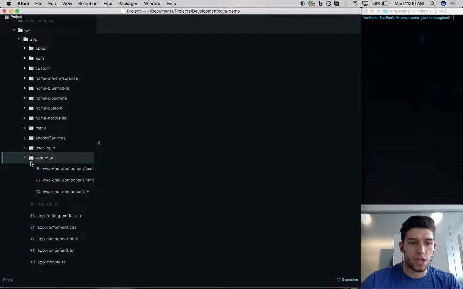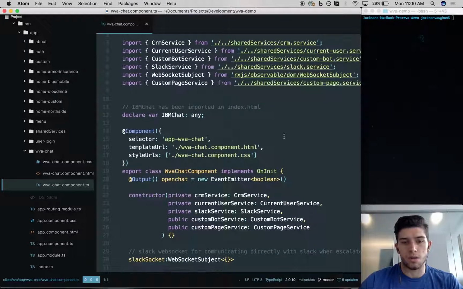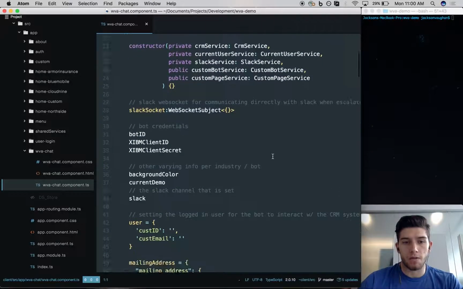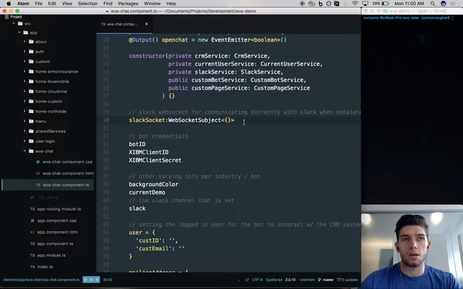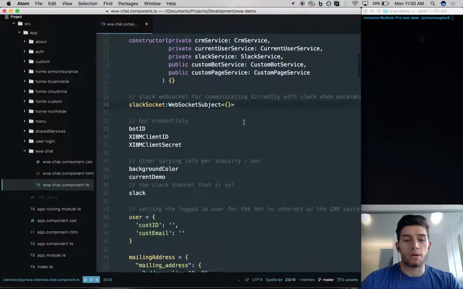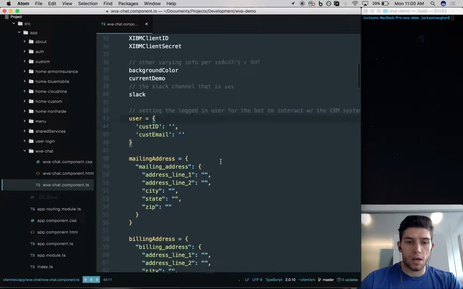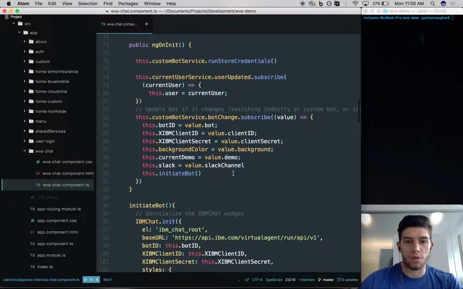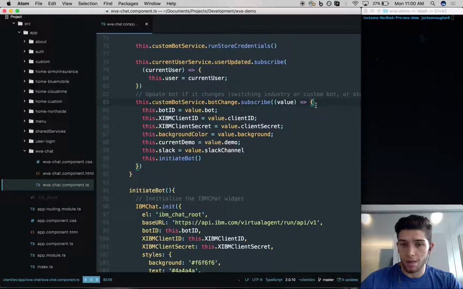Now, the WVA chat is pretty important. It's a pretty big component, and it houses the Watson Virtual Agent chat widget. It also houses the Slack integration as well as the custom CRM integration. So we can see here that you have users login, any mailing addresses that they're setting, billing addresses, and then the configuration. So we see the custom bot service, being able to update the bot if it changes,